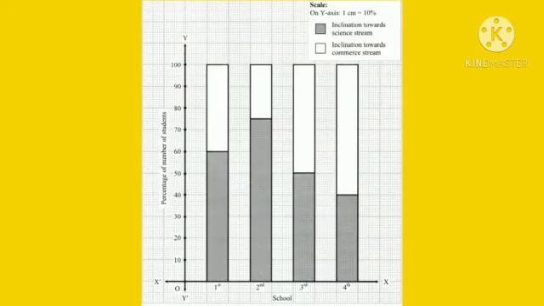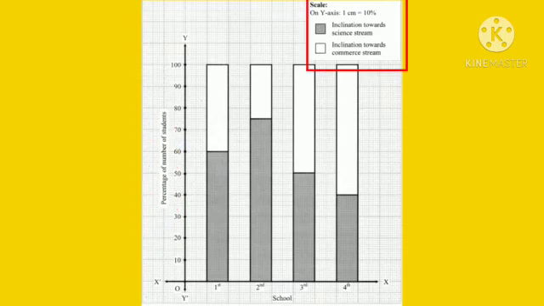Now, let us draw the bar graph. So first, we will draw the x-axis and y-axis. Now, on the x-axis, as we are plotting schools, we'll write down school over there. On the y-axis, we will write down percentage of number of students. We'll write the scale on the right hand corner.